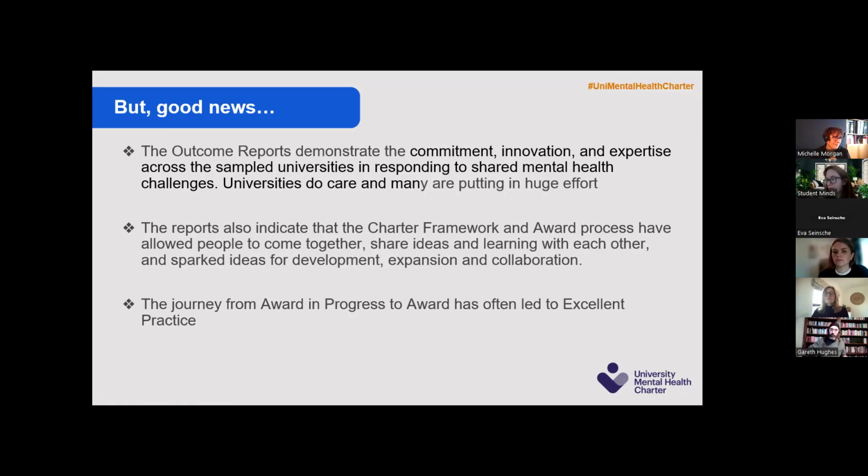when you see a university take that journey through where they've really engaged with the feedback, all of that feedback that you've given them, really engaged with it, really thought about it. And what comes out at the other end then is way better than they ever would have done had they not come through the award process.